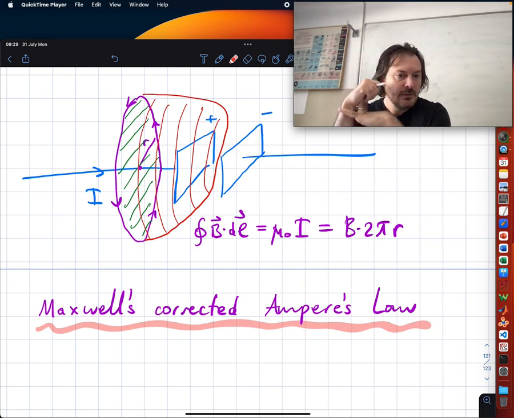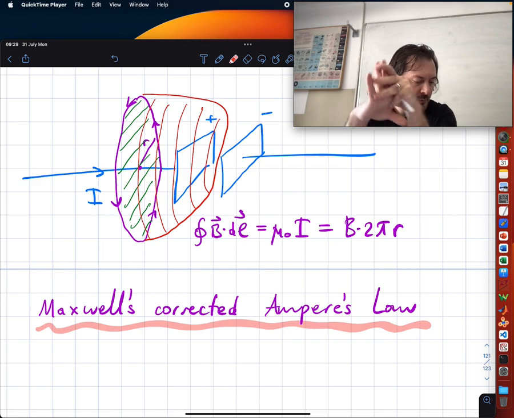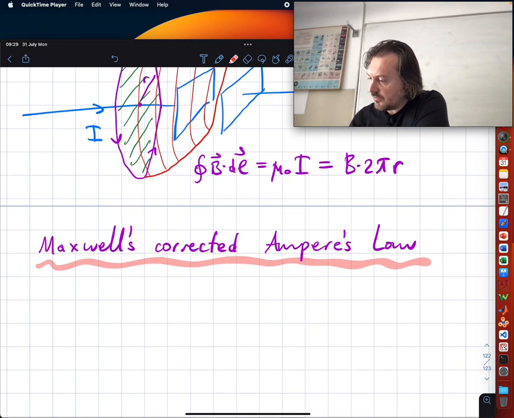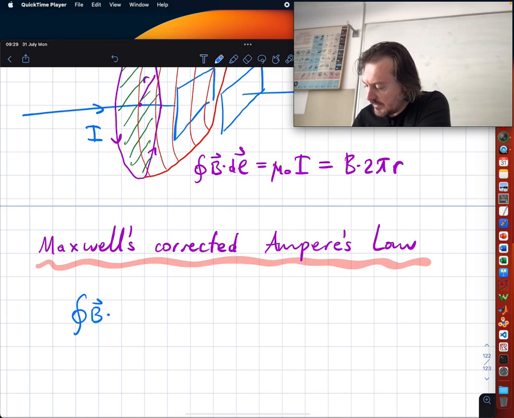It's time to realize what that symmetry is. Let me first write Maxwell's corrected version. Maxwell tells us that B dot dl is still mu 0 times enclosed current, but it includes something called displacement